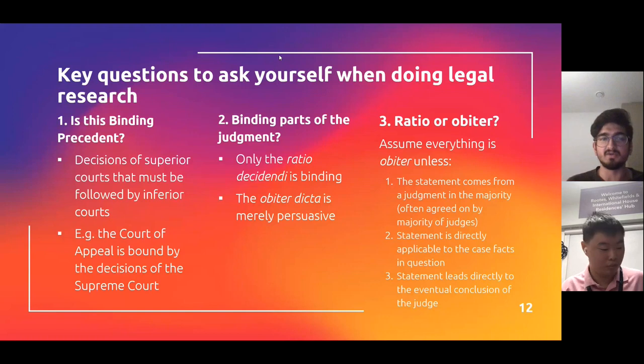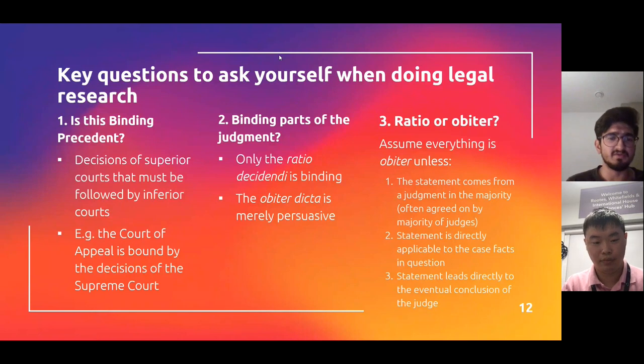There are three key questions which you want to be looking at. Firstly, you need to determine if the precedent is actually binding. Usually the decisions of superior courts are binding, and that means they have to be followed by the inferior courts. So say, for example, if the Supreme Court comes out with a particular decision, then it will be binding not only on, say, the magistrates' courts or the county courts or the High Court, but also on the Court